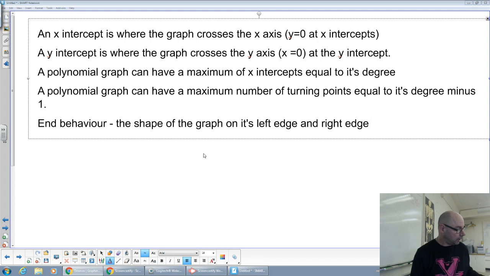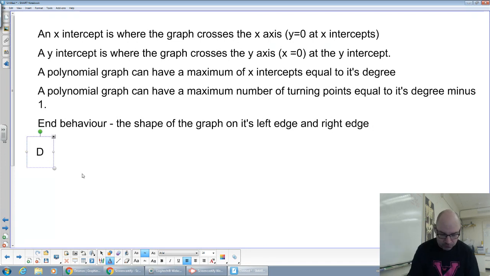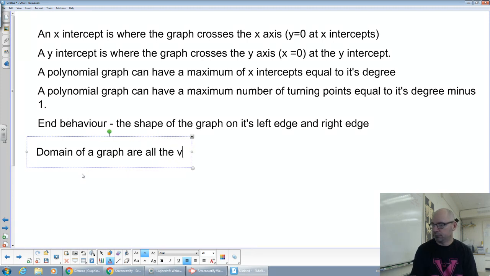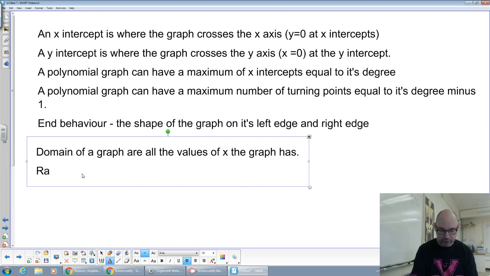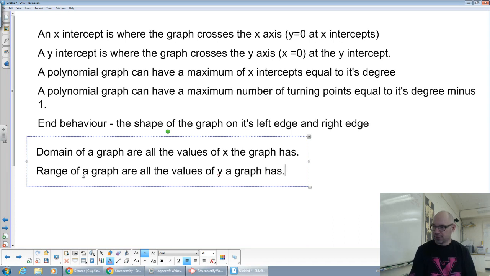there's 3 more things, is to look at what the domain and range are of a graph. So domain of a graph are all the values of x the graph has. And range of the graph is, of course, all the values of y a graph has. There's domain, range,